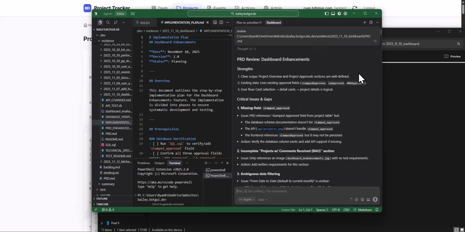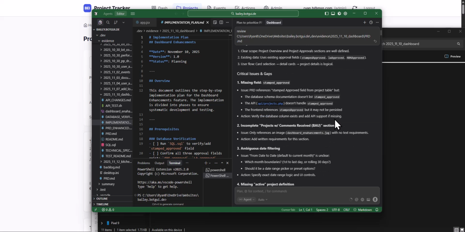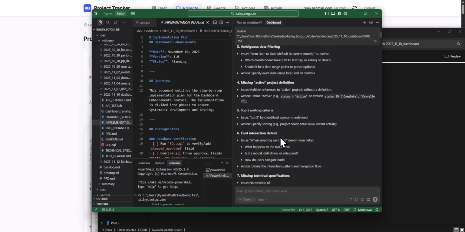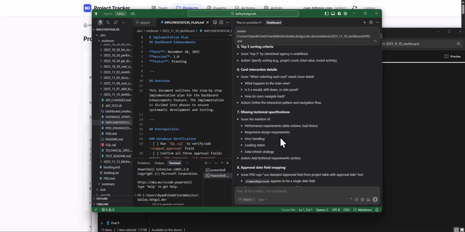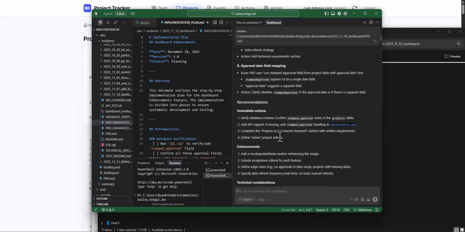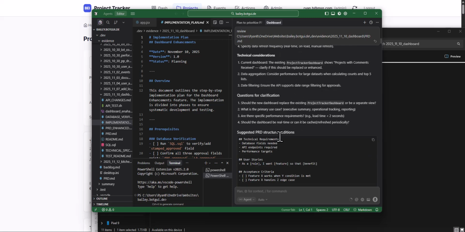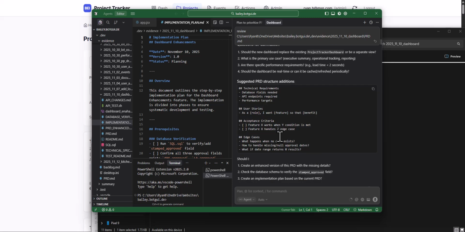I told it to review the requirements, the visual, add some more questions, had some questions about how I wanted the filtering to work. Some of the times I'll just say, hey, what do you recommend? Give it some room to make decisions. And it's like, okay, so it basically gave me some SQL statements to verify the database, some considerations, and